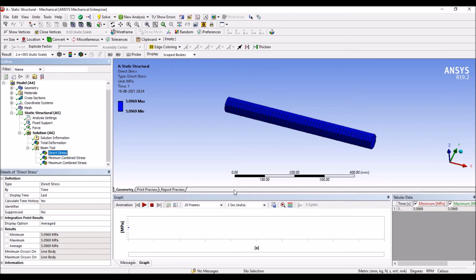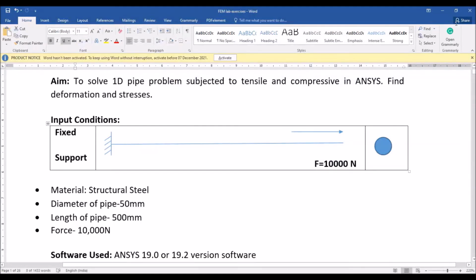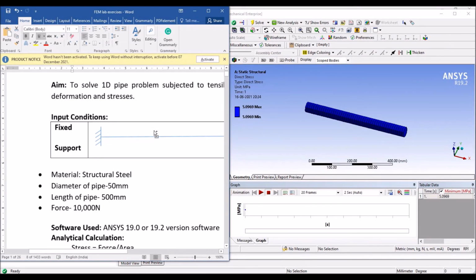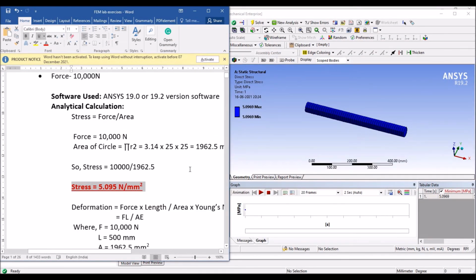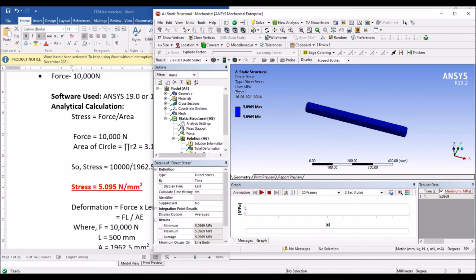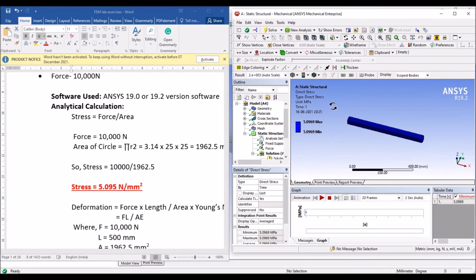Now we are going to compare these results with the analytical solution. In the analytical solution we have got the stress value as 5.095, and in the software you have got the value as 5.096. So approximately you have got the same stress value.